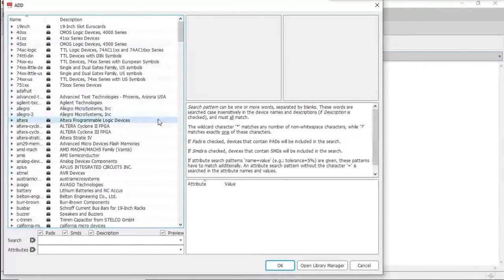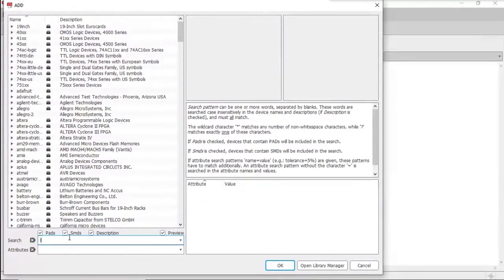Once you click on Add Part, a separate window will appear which looks something like this, and it has various components which are available in Eagle. The first component which we are adding is obviously the audio amplifier. So you have to search for the audio amplifier.